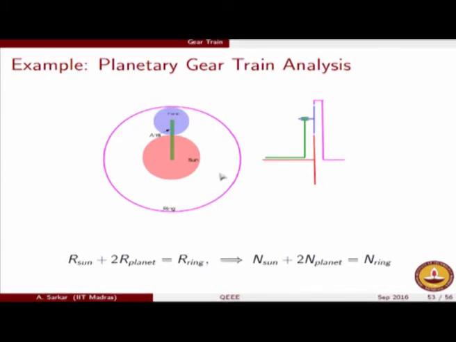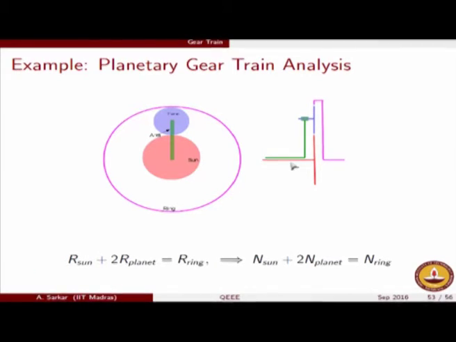So usually we will not draw these types of circular diagrams in gear train analysis. What we will draw is sort of the side view of it. This is not again the engineering side view. This is called the Levi schematic diagram of showing a gear train analysis. So through this drawing it should be clear to you that this red is the sun gear, the green is the carrier, and again it should be very clear to you that the red and green both can be given independent motion. The green is not mounted on the red line over here, which means independently the green and the red motion can be controlled.